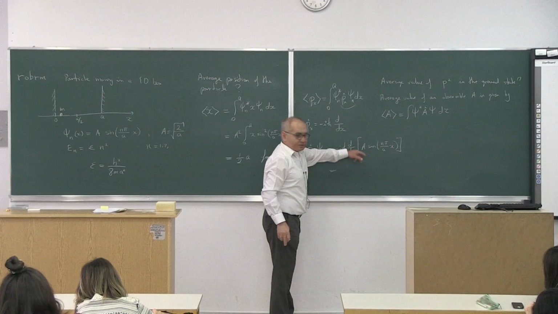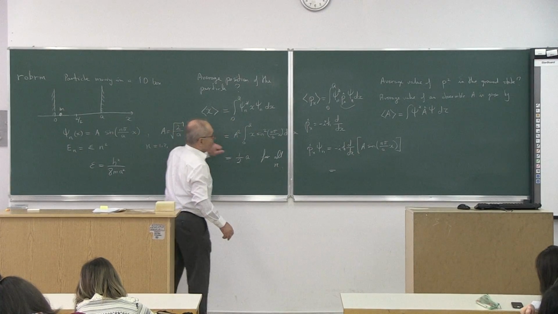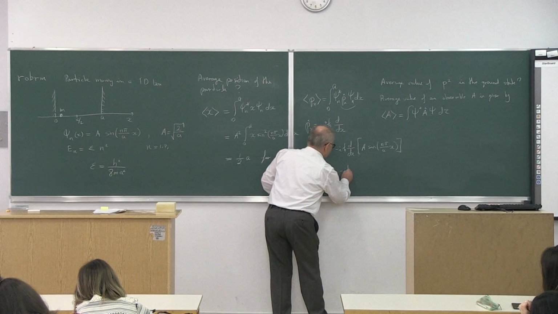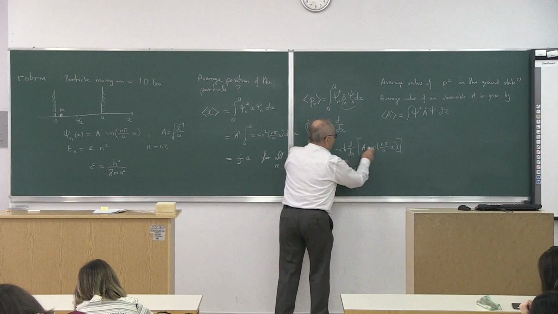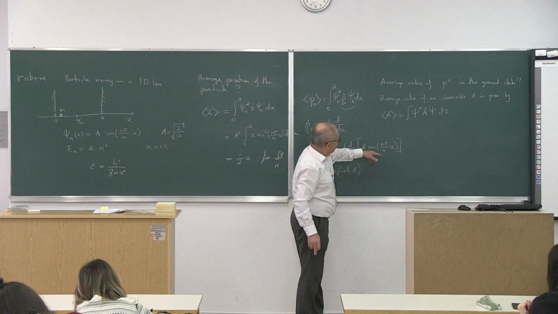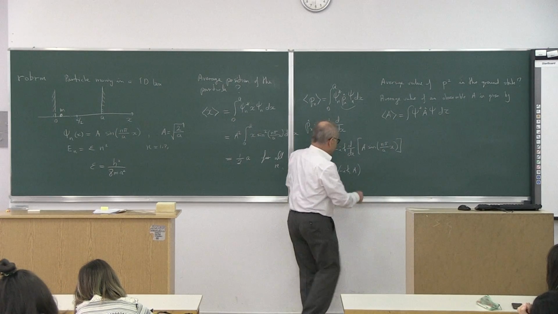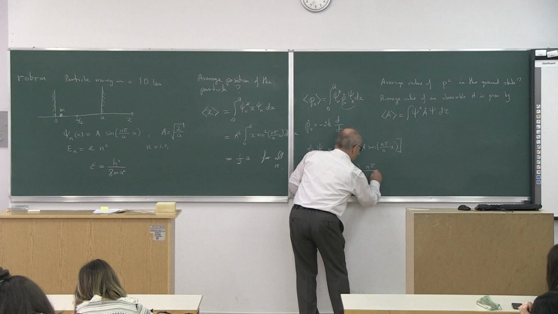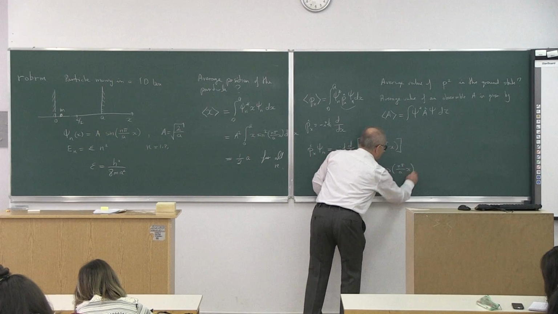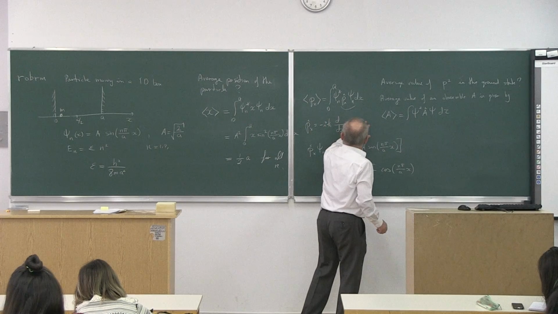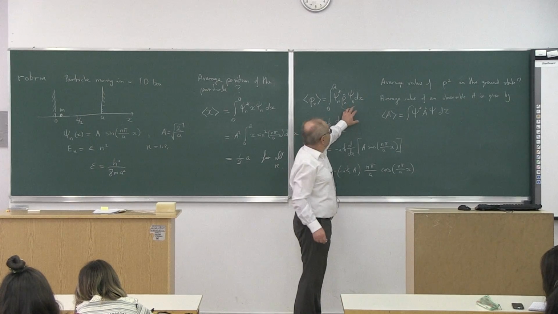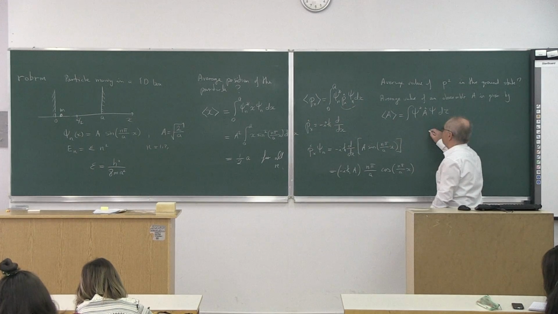a is a constant, this value. These are also constants, so we have minus i times h bar times a. Derivative of this expression with respect to x is cosine times n pi over a. n pi over a times cosine n pi. So you substitute this expression for p psi in this expression, then you will get